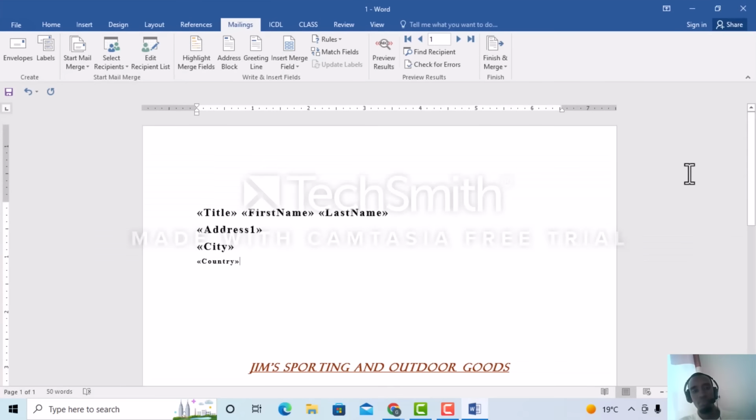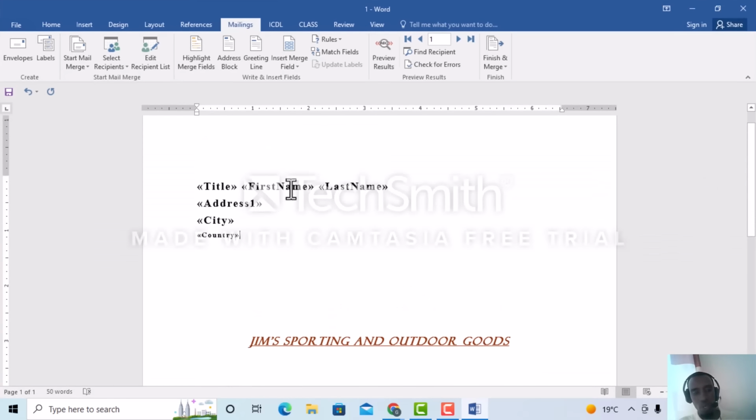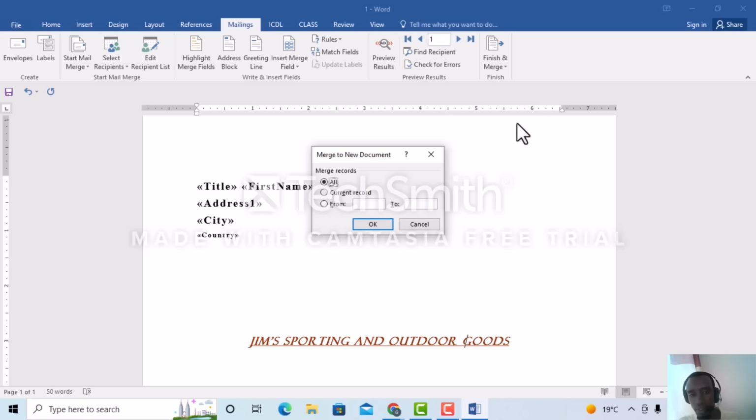Now to merge them, it's like we want where we have these fields to have their addresses now. Instead of having a country field, we have a real country. Let's say Rwanda, let's say Kenya, something like that. Where we have first name, we have something like, let's say, Mark. So you just need to come to finish and merge, then you say edit individual documents,